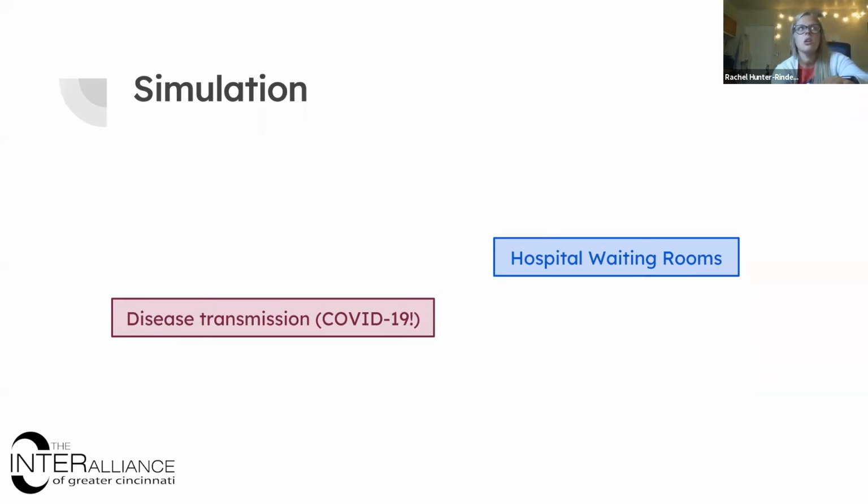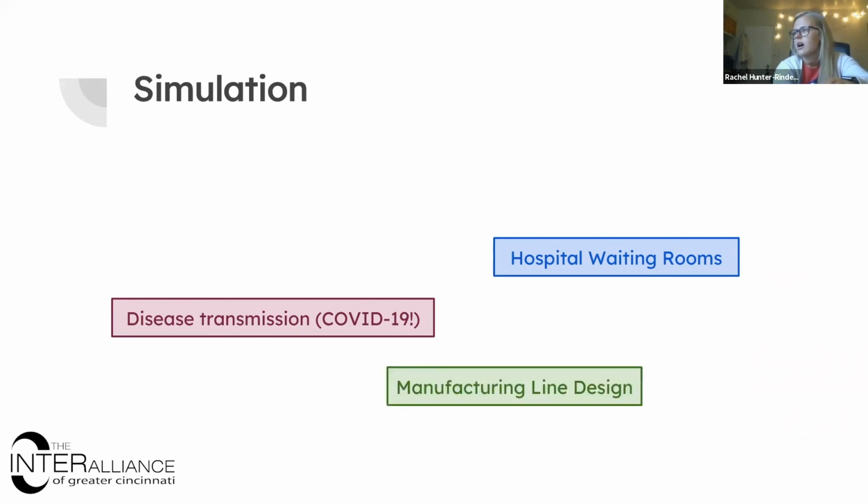And you might run it through the simulation, realize that it's really not going to make that much of a difference, and you've saved yourself money of either hiring another person to work at the front desk, building another triage station, building a whole other wing. These are things that we can essentially run. You could think of it as a virtual experiment before you have to actually go out and do the real thing. And it's all statistics. If you like statistics, you'll like simulation. It is 100% statistics.